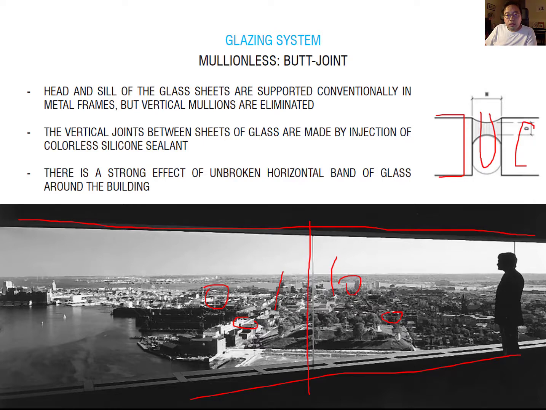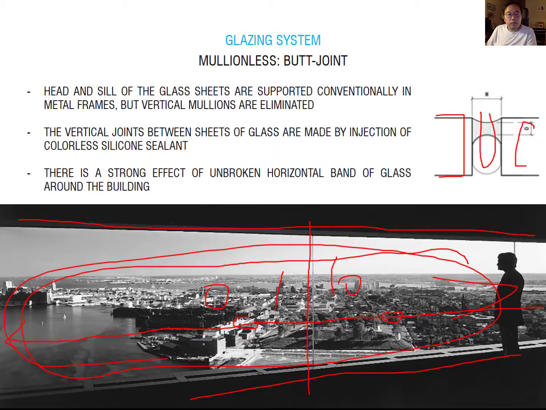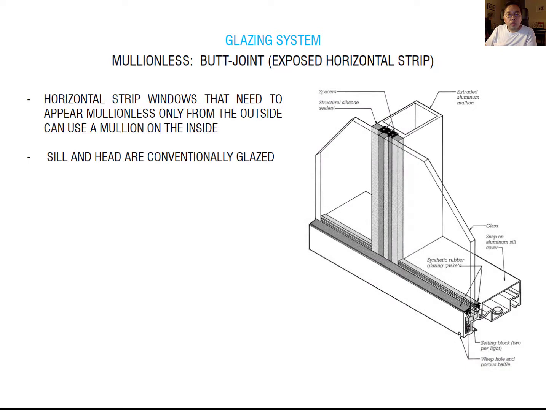Look at this image. It has a stronger effect of an unbroken horizontal window. Okay, so it can provide more of a landscape kind of vision from the interior space. So let's look at the next type. This is a butt joint with exposed horizontal strip. So from the outside you only see this horizontal layer, and then you can see the continuous glazing system